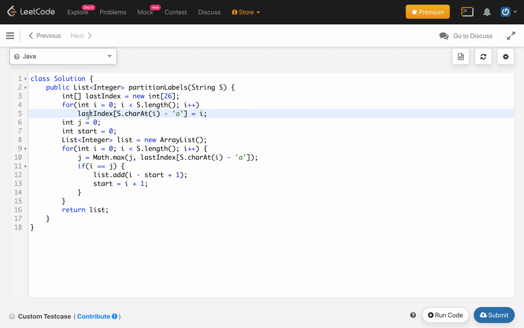If you see, we are scanning all the characters of string s two times, so it is 2n, but in O of n terminology this is O of n. And the space we are using is a 26-character integer array, so it is also constant.